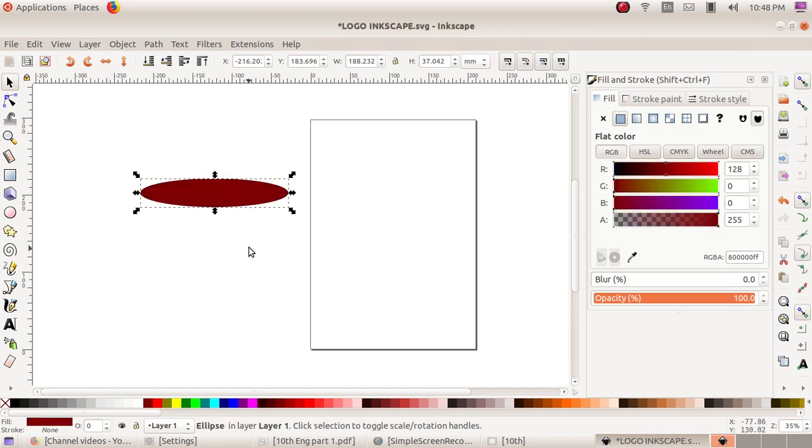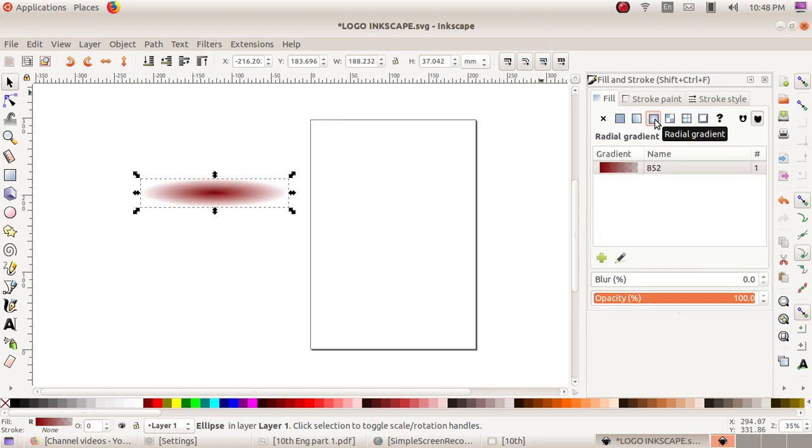Then there is an option, fill and stroke. This is under object, fill and stroke. There are 3 tabs: fill, stroke paint and stroke style. In the fill tab you just select the radial gradient option.